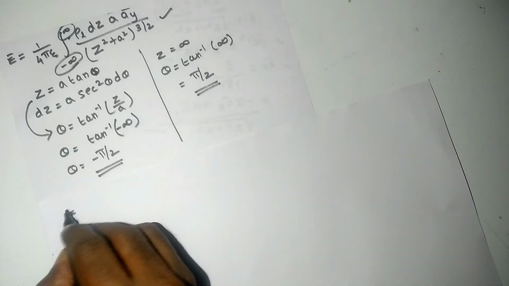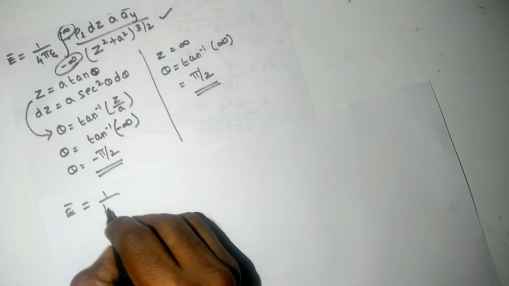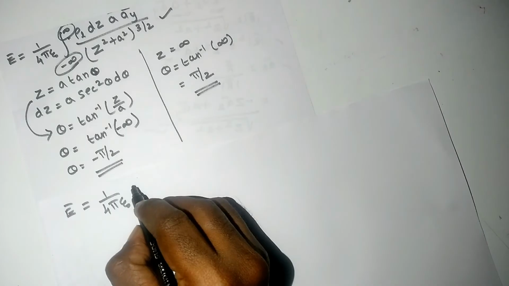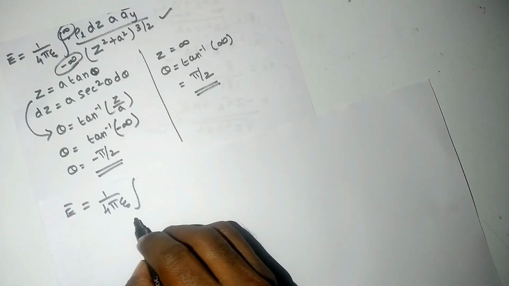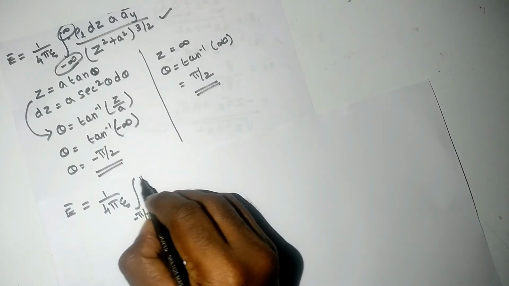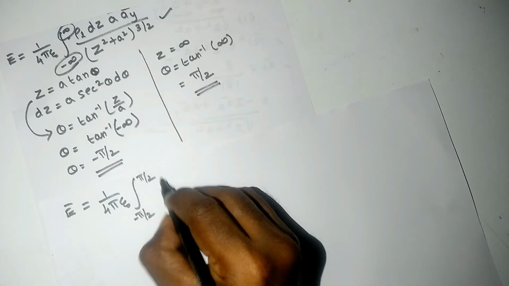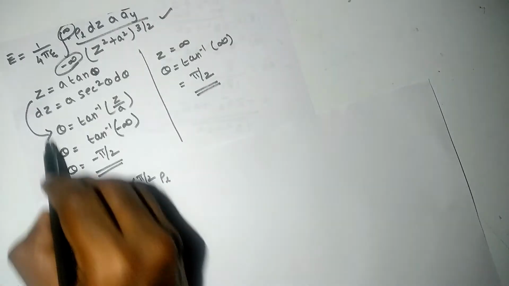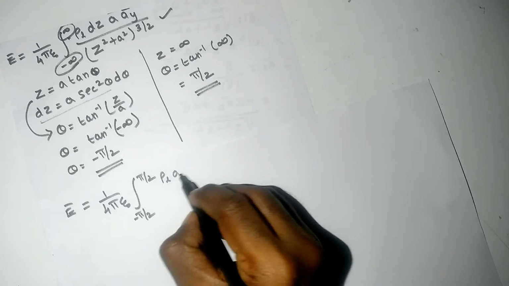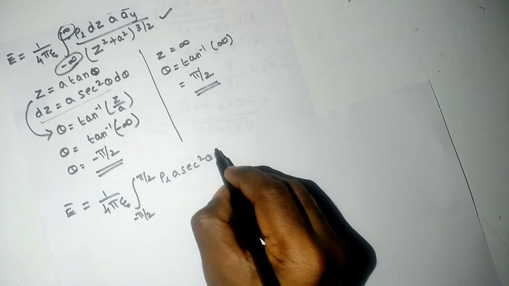So E vector will be equal to 1 by 4 pi epsilon 0 integral minus pi by 2 to plus pi by 2 rho L dz, which is a secant square theta d theta,